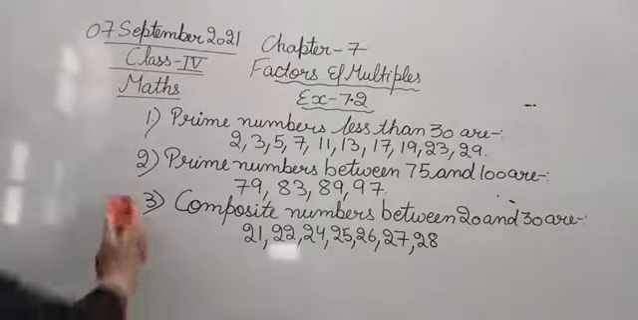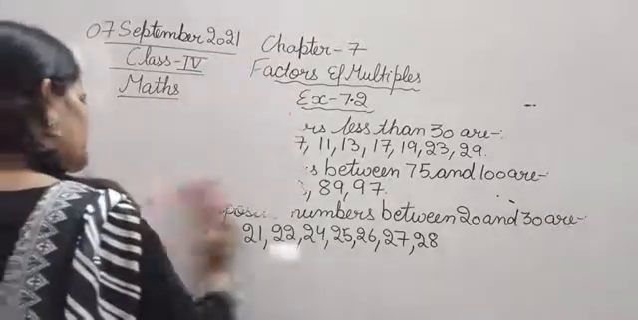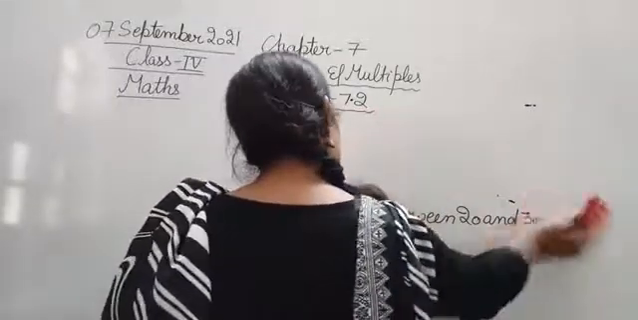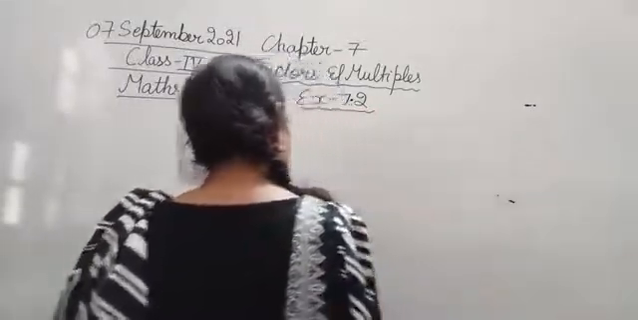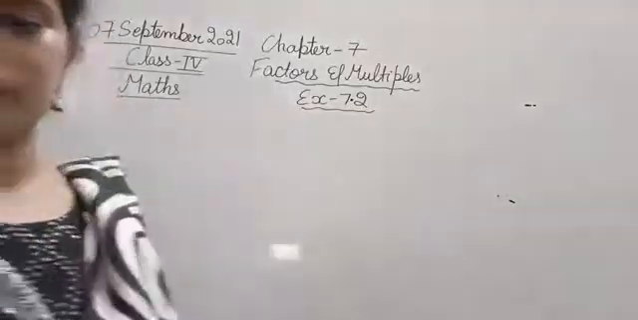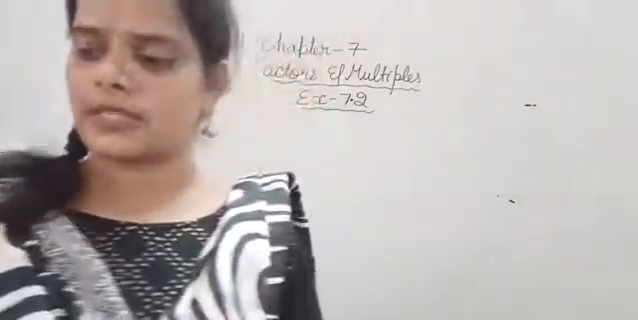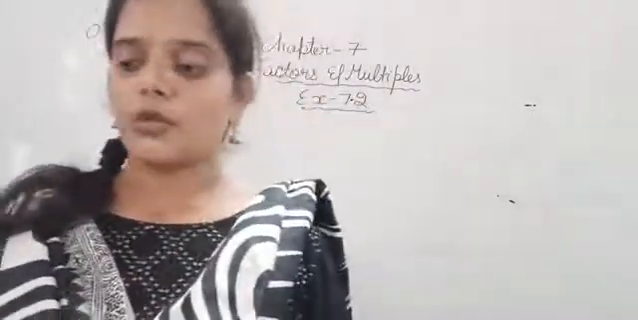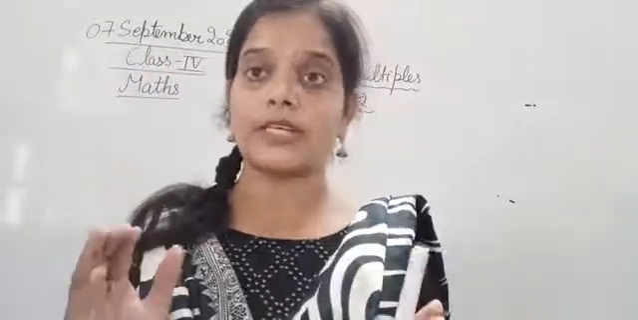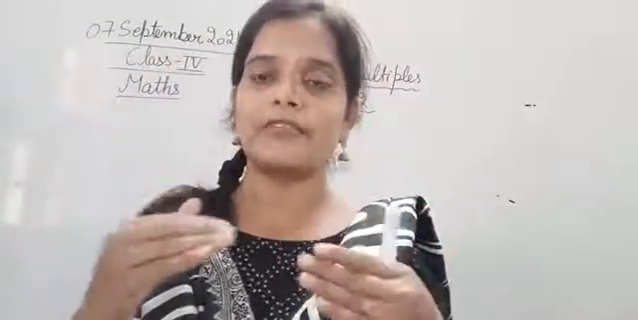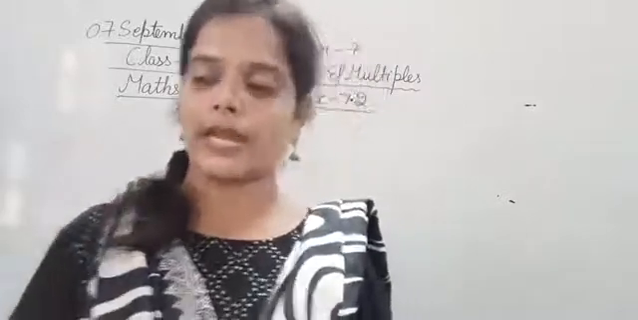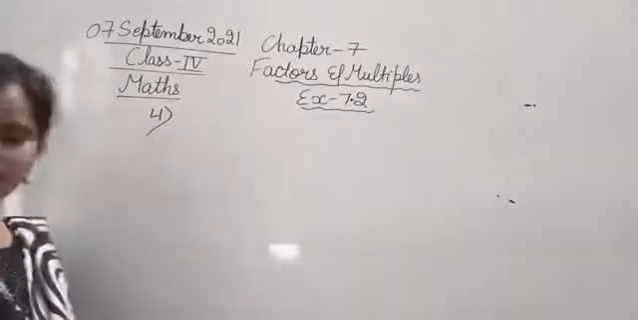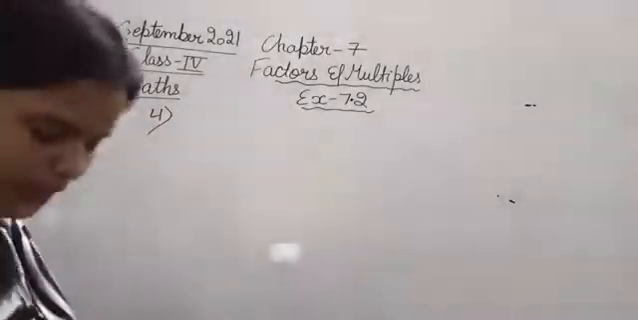Moving next to the question number 4. We are moving to the next question, that is question number 4. The question number 4 is, which of the following numbers are prime and which are composite? See, in question number 4 we have been given some prime numbers and composite numbers mixed together, and we have to identify and separate the prime numbers and composite numbers. So the certain numbers that are given here, we have to